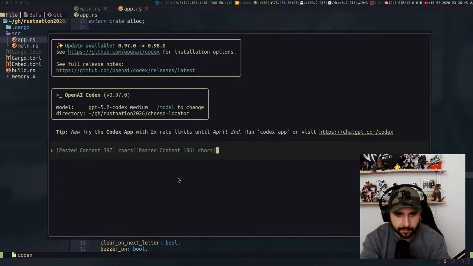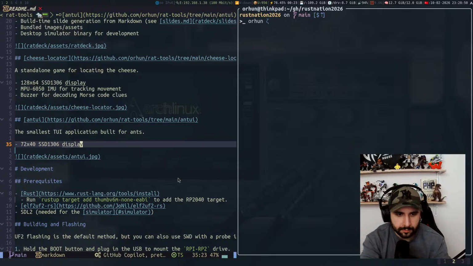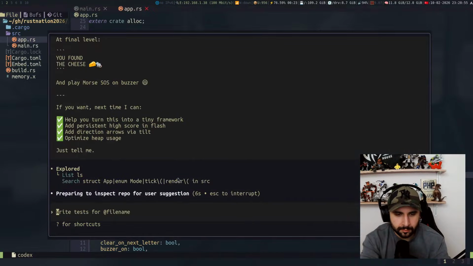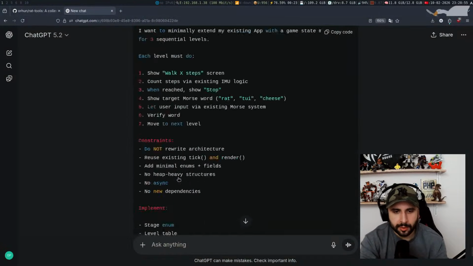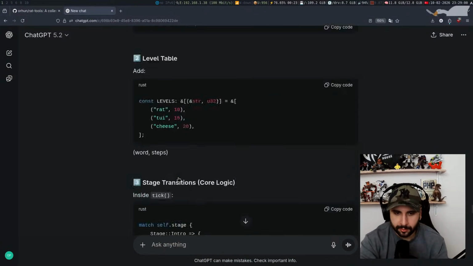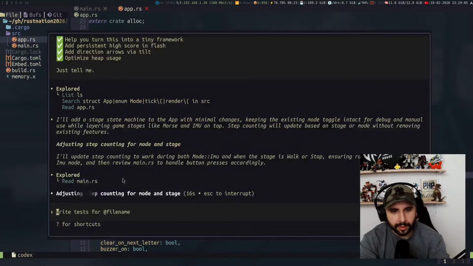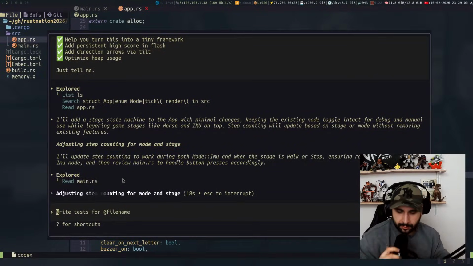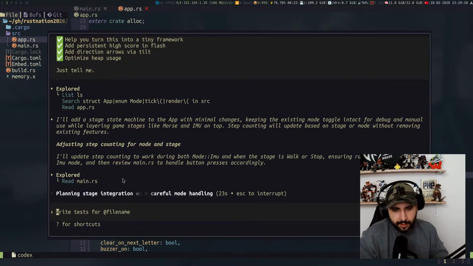Codex. So we could do 10 steps forward and stuff like that. What I want to really focus on and improve is the UI. So I'm probably gonna use the